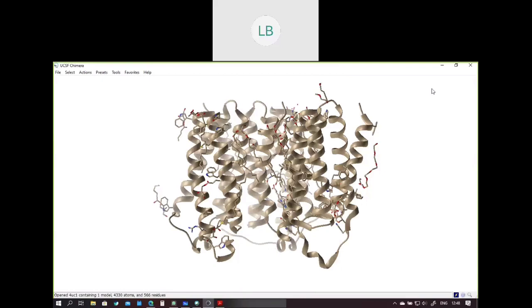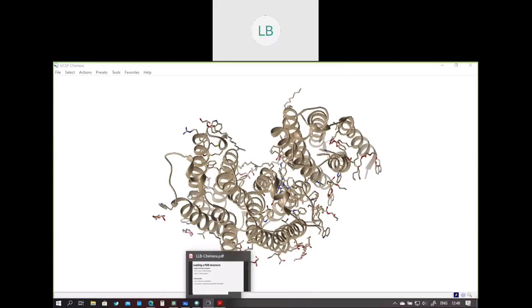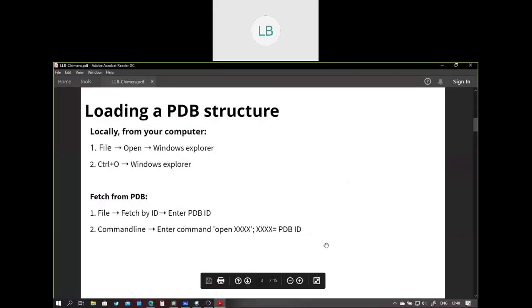The second way to open a PDB file is to directly download it from the PDB database. There are two ways. You can go to File, Fetch by ID, and enter the PDB ID. Or you can go to the command line and enter the command open, space, the PDB ID, and it will open it. I'll show you how to do it.